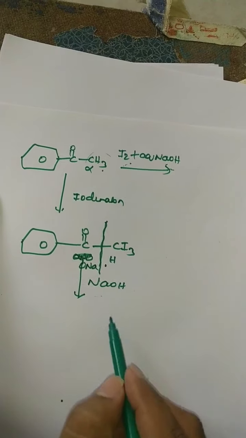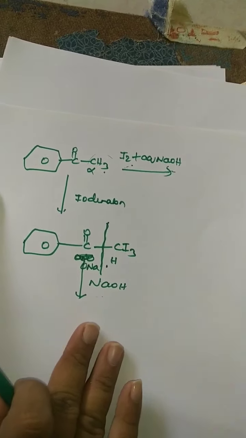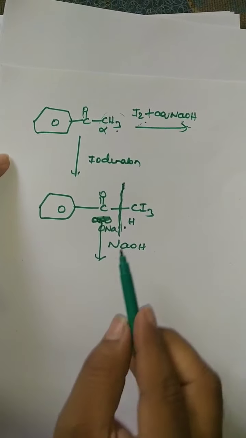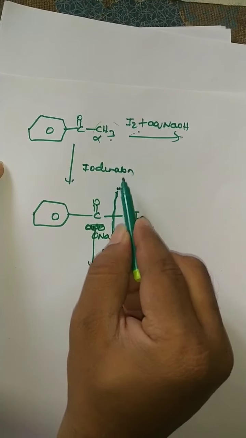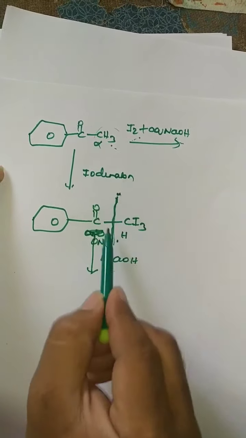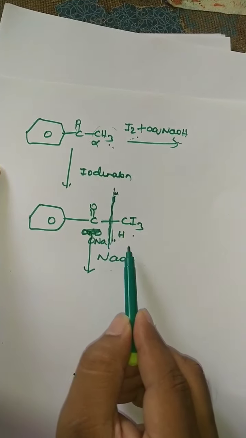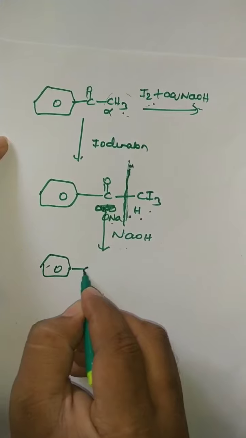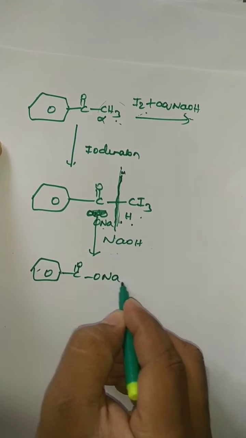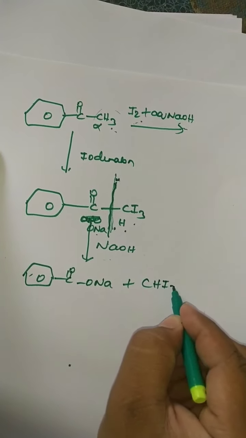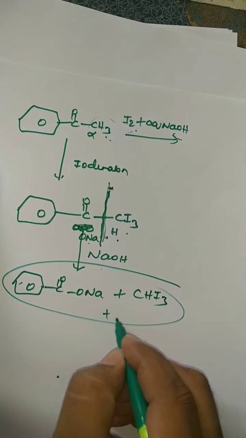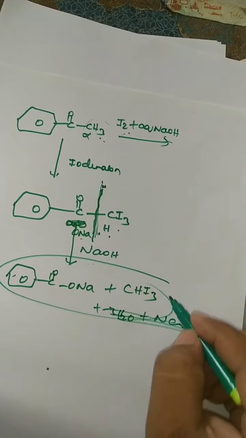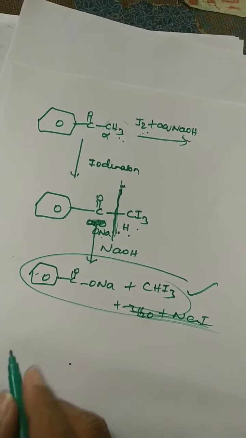NaOH is there. Normally it's not possible actually; for getting the answer I am telling the trick. The actual mechanism you have to follow. But here for objective questions, simply first the alpha hydrogens are iodinated and then cleave this bond, H this side, ONa this side. So what are the products, students? Finally the main products: this ONa compound plus CHI3. In this manner directly, and the remaining water molecules, sodium iodide, all these are eliminated, no need to write. We want only the main products for objective.